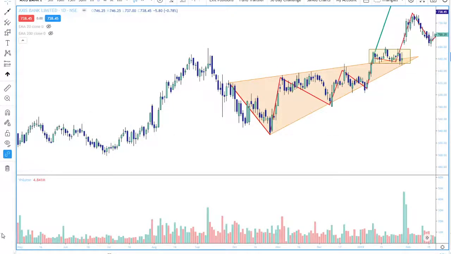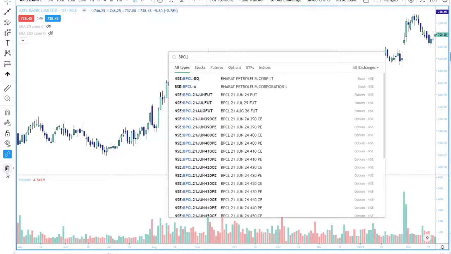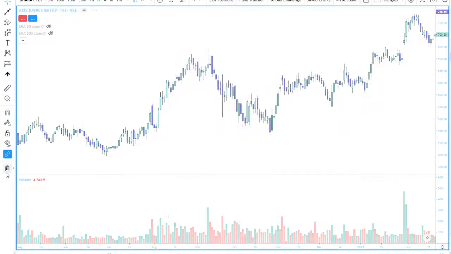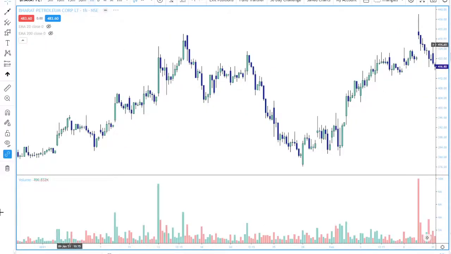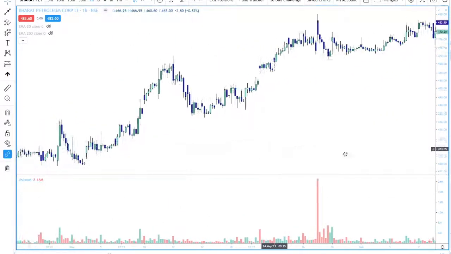Okay, so this is how you're going to spot. That's one of them that you can see. That was Axis Bank daily time frame, and it was in 2018. If you want to go back and check once again, and then look for more details, basically. The other one is BPCL. It's on 1 hour time frame, and it's kind of happened recently. If you see here,